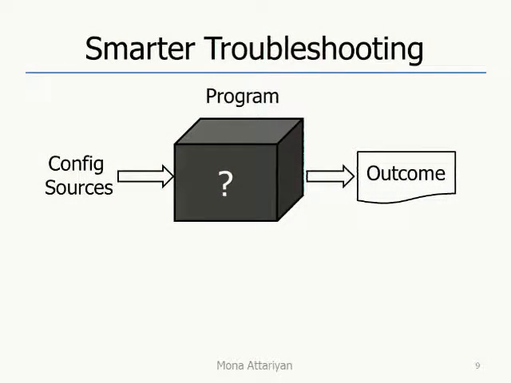Okay, so let me tell you a little bit about the core idea behind ConfAid and X-ray. Here is our observation. We have a program. It reads from configuration sources. It does something, and then generates an outcome that's incorrect. So the program is like a black box. We don't know how it used the configuration sources to generate the outcome. However, the application itself knows how it got there. So if we open up this black box, and if we analyze how the application is running,